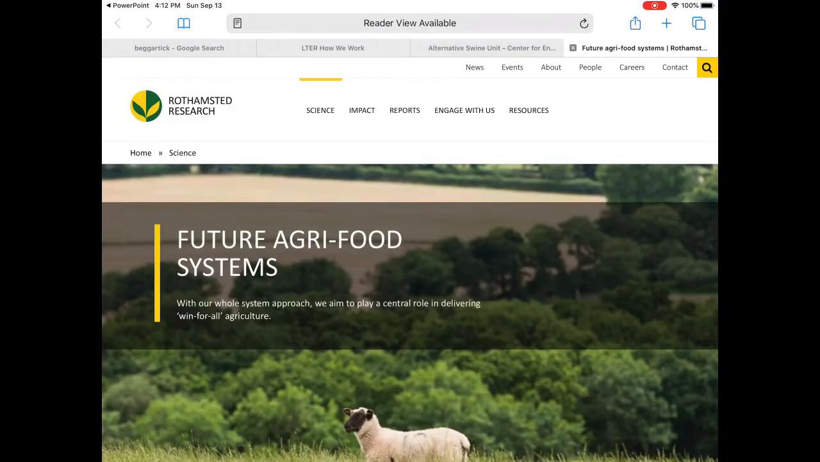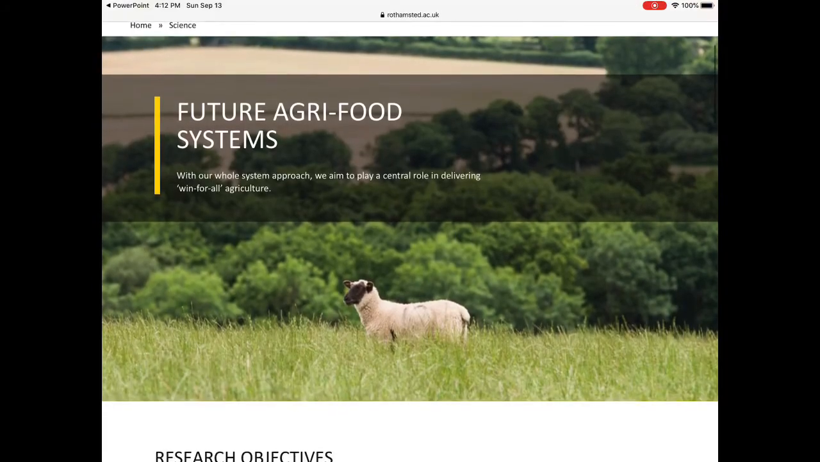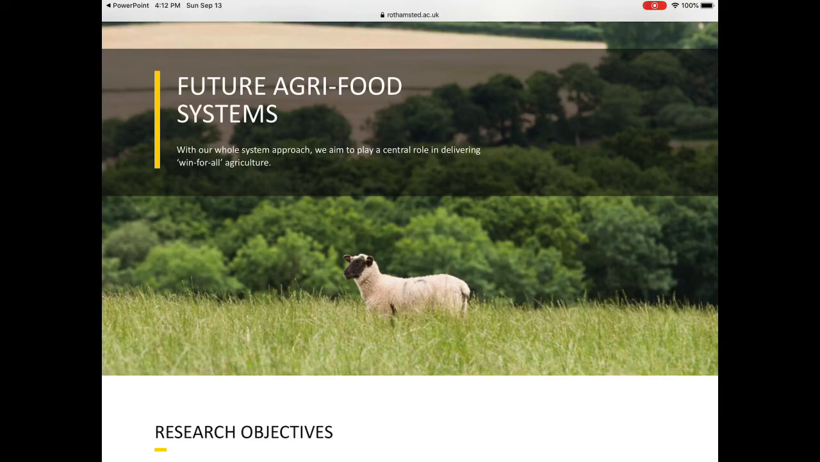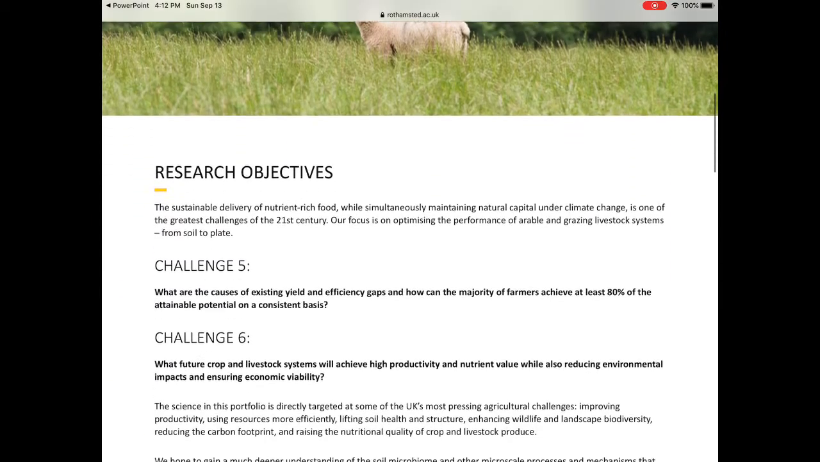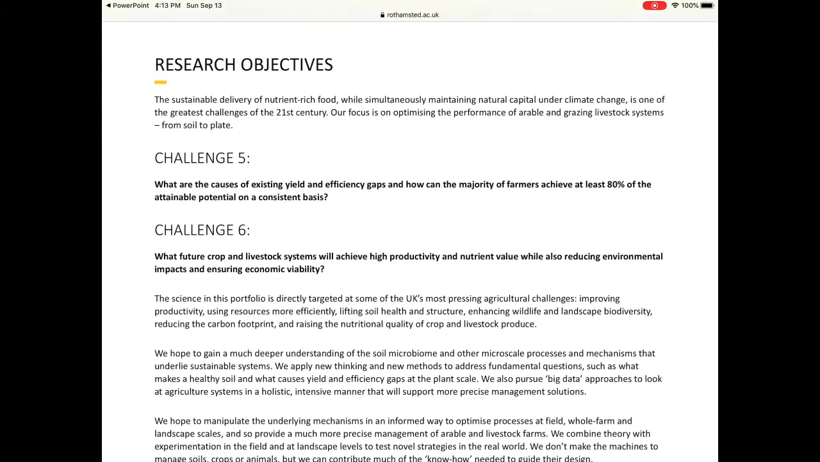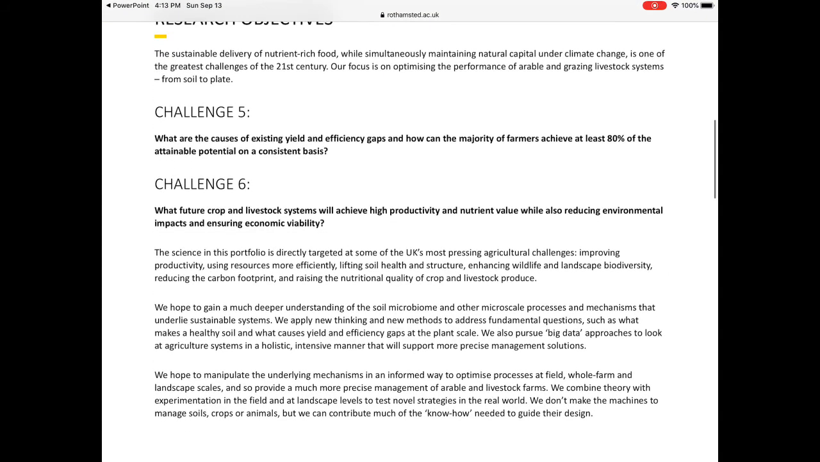It's not just our country that does this. This is Rothamsted in the UK. And if you're looking at, again, look at there, a whole system approach. We aim to play a central role in delivering a win for all agriculture. So these guys have been going on for several years, actually, and so they're actually on Challenge 5 and 6 right now. What are the causes of existing yield and efficiency gaps? What are future crop and livestock systems? How are we going to attain environmental productivity and reducing environmental impacts? So what they want to make sure is that farmers and growers have the ability to do their farming long